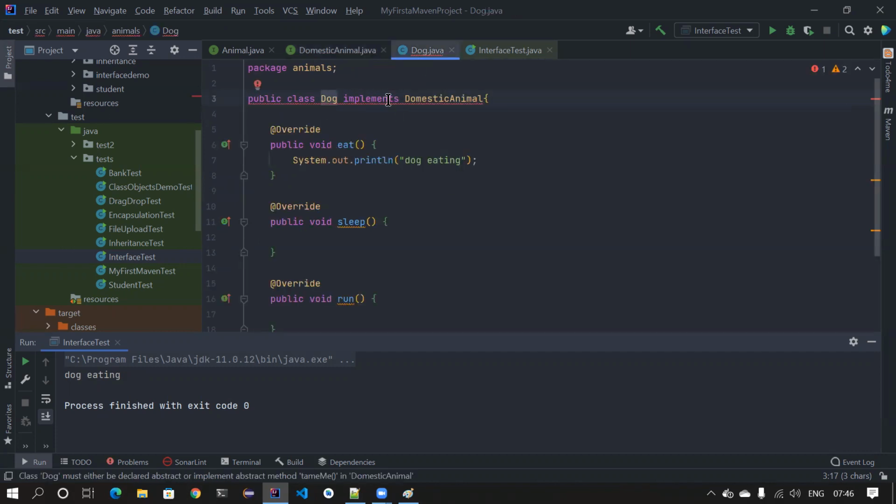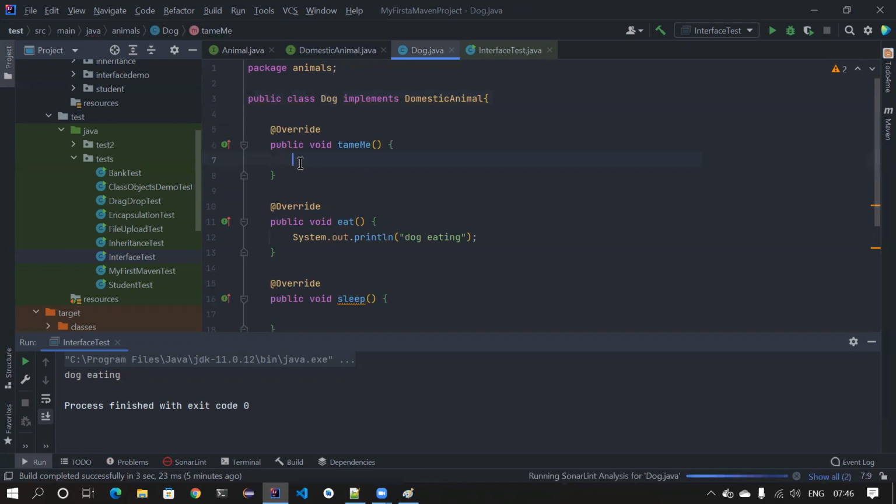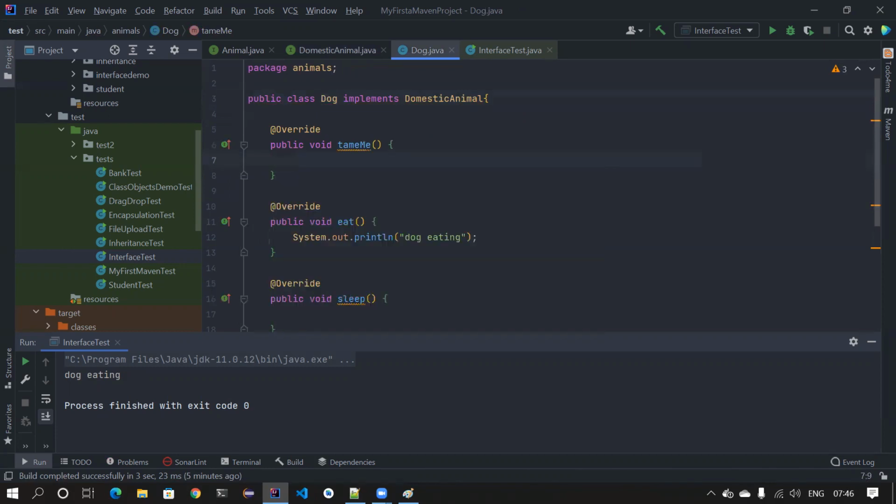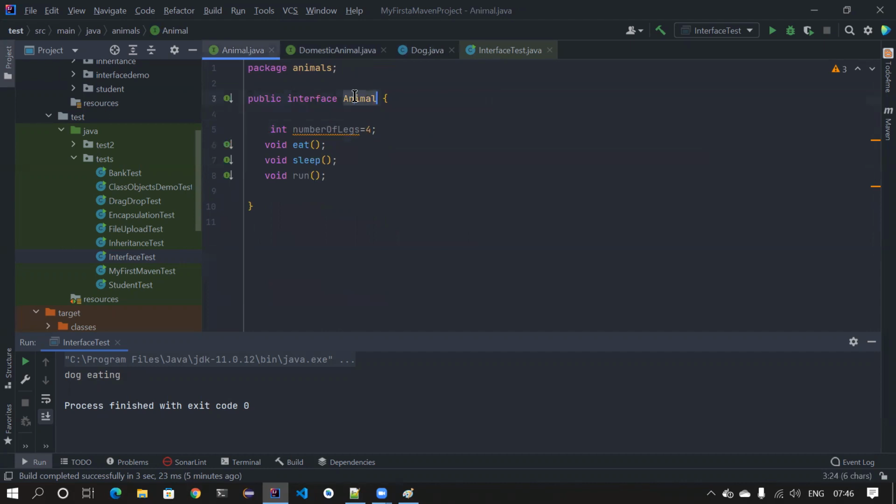Okay, so now I have to implement one method that is tame me. You can provide your own implementation, however you want to tame your dog, right? This is the advantage of an interface extending another interface, just to make sure that you don't rewrite the logic. If we already have a bunch of rules defined and you want to reuse the same rules,